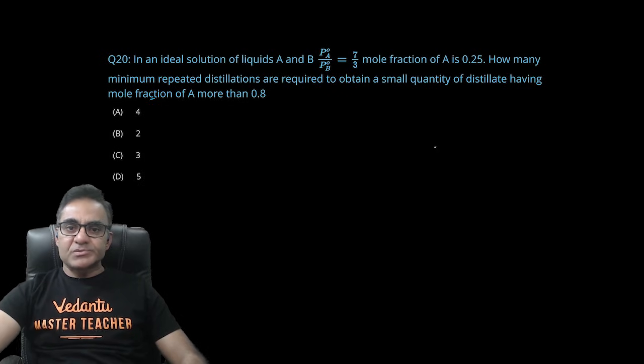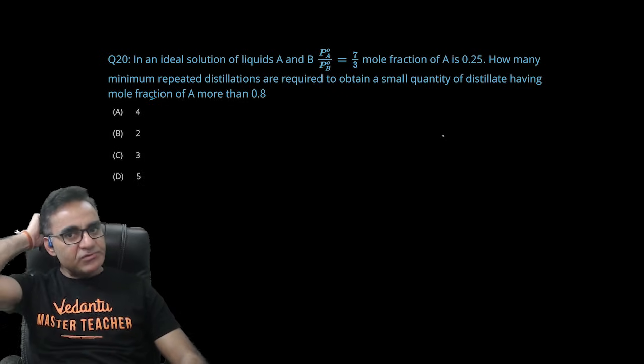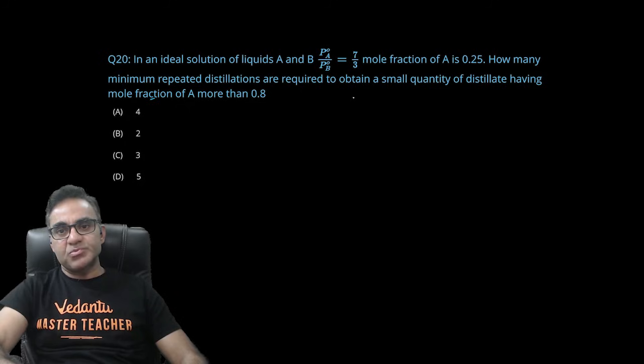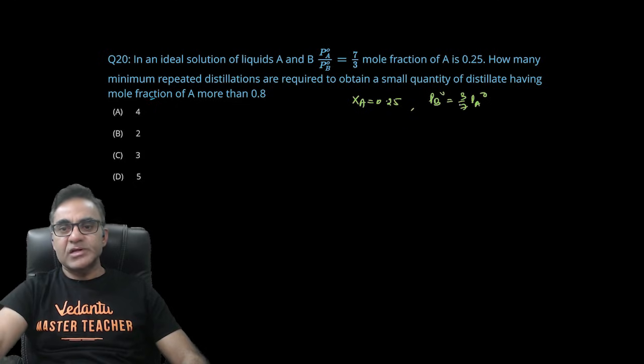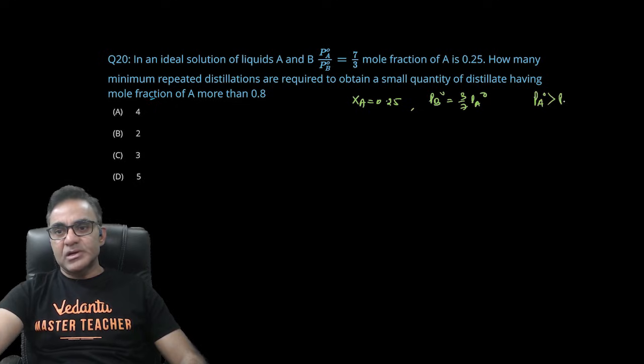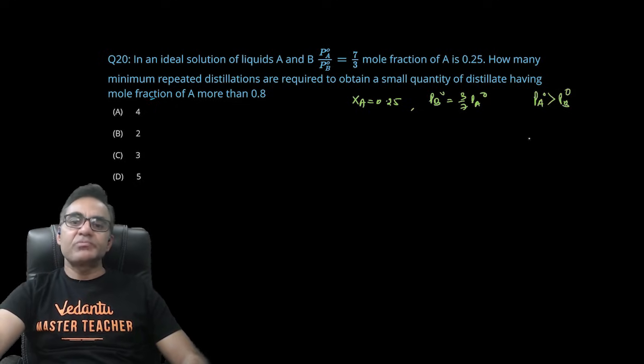In an ideal solution PA naught upon PB naught is given as 7/3, mole fraction of A is 0.25, XA दिया है 0.25, और मैं मान लेता हूं कि PB naught जो है वो 3/7 PA naught हो गया, दैट मीन्स PA naught is greater than PB naught, इसका मतलब ये हुआ कि A ज्यादा वोलेटाइल है एज कंपेयर टू B, ठीक है। How many minimum repeated distillations are required to obtain a small quantity of distillate having mole fraction